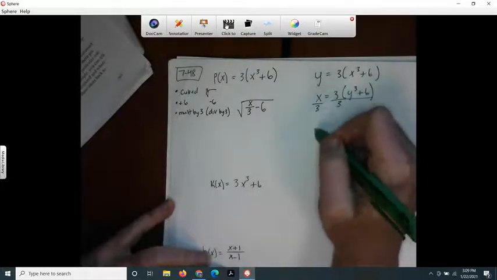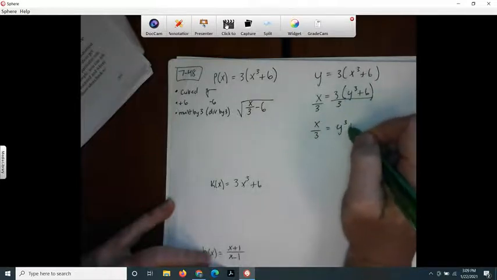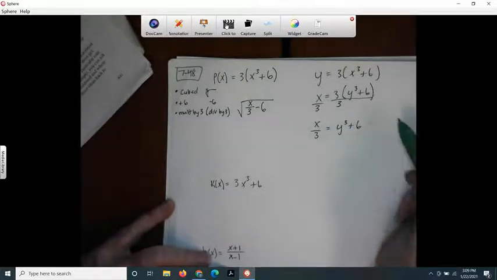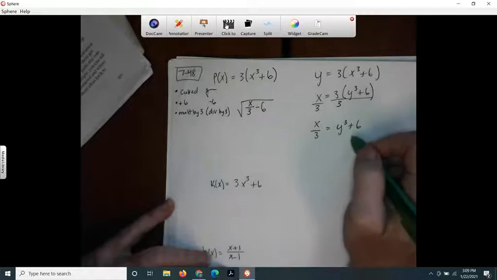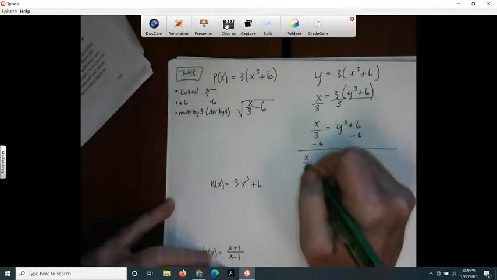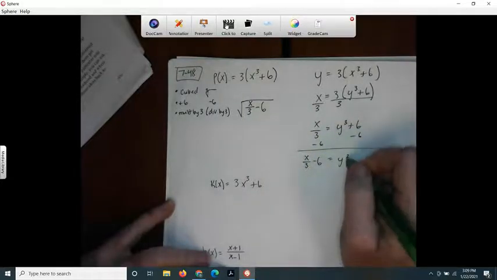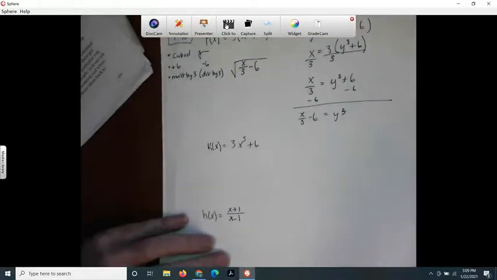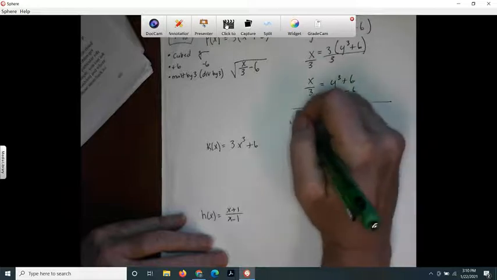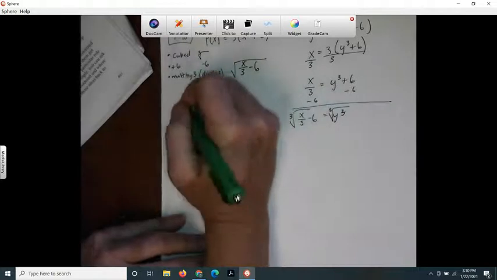And then if I want to keep trying to solve it, then I would minus 6 on both sides. So then I'd have X over 3 minus 6 equals Y cubed. And then I would cube root both sides. And you'll notice I got the same thing as I got over here. So P inverse of X is the cube root,